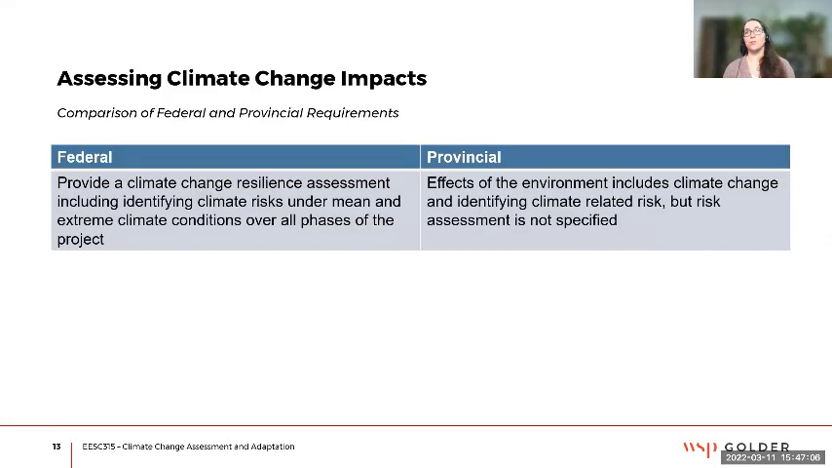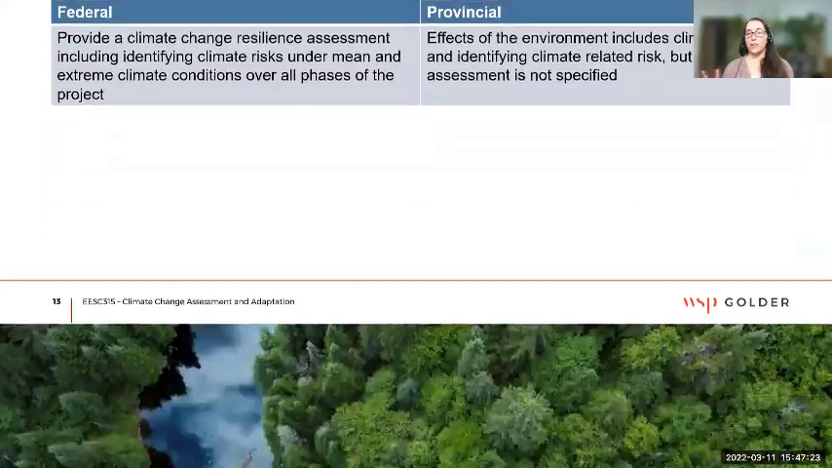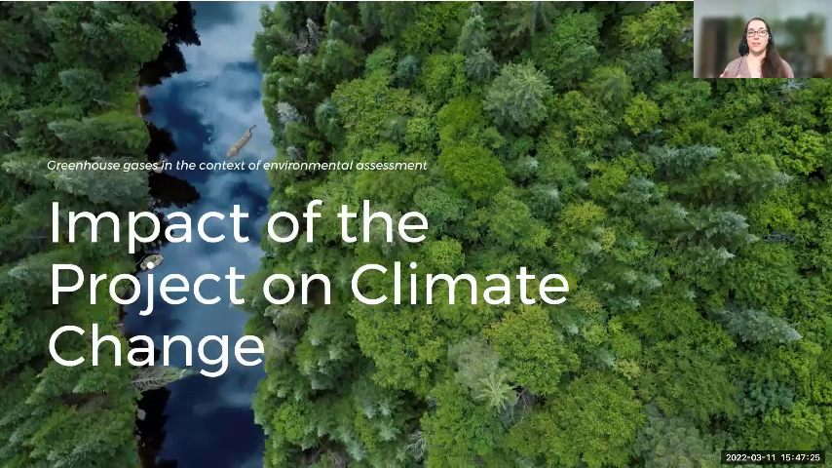And then finally, when you're talking about resilience, a lot of them are very comparable. Federal specifies mean and extreme, but extreme comes up early on in the process for the provincial assessment. So they're pretty equivalent. So I can take a pause there because that's been a huge dump of information on